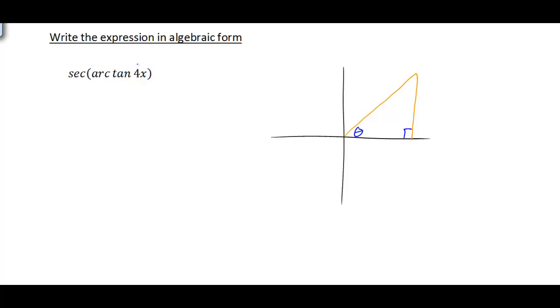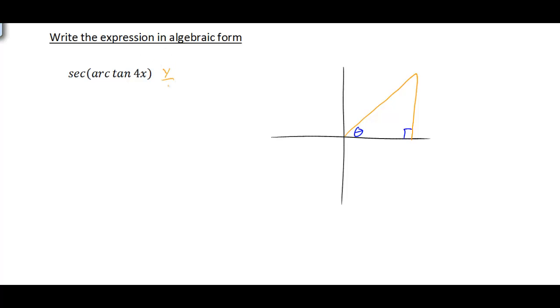Now, if they specify otherwise for the value of 4x, maybe they tell you that it's going to be located from pi over 2 to pi or some other quadrant, then that's where you're going to draw your right triangle. A lot of times when they give you this 4x here, that's going to be in the first quadrant. Well, once again, we have the arctangent, so we know that we're talking about